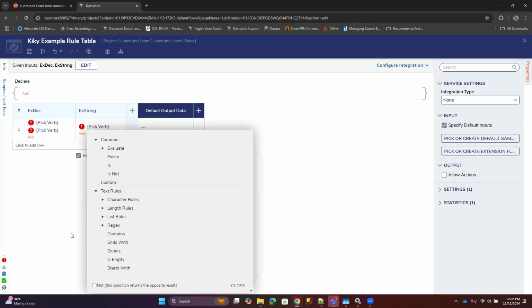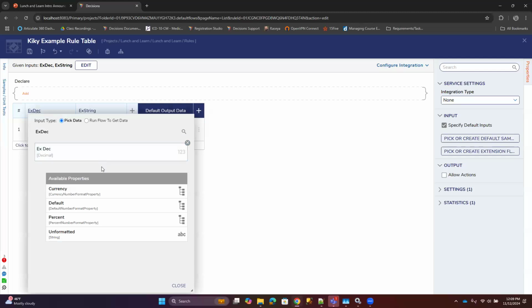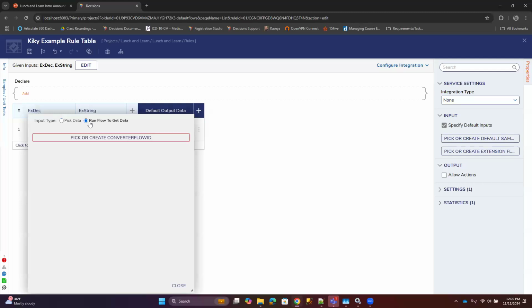So decimals don't have text rules, strings don't have number rules, meaning I can't have it easily grab both of them. So in that case, I would think you would need to distinguish between them before the rule table. But when you click on the header row, up here, you mean? Yeah, when you click on the variable name, and then there's a run flow to get data on the right hand side. This one,